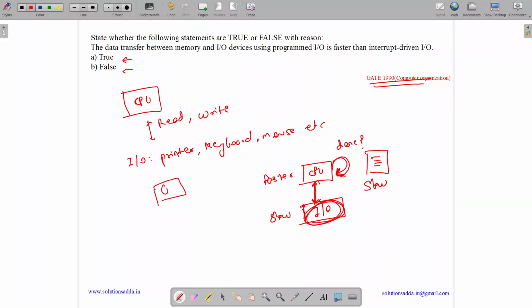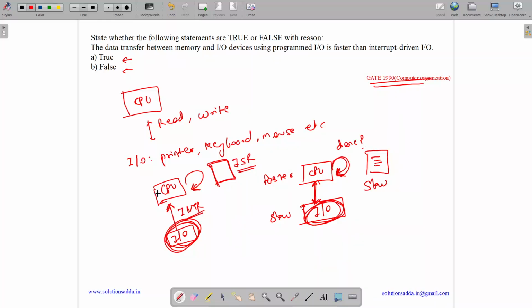And what happens in interrupt driven IO is that an interrupt is basically a hardware signal. Suppose we have an IO device like a keyboard. Whenever we type, we are sending an INTR, which means an interrupt signal, to the CPU. Based on this interrupt signal, the CPU will give commands to the IO device, and we have code written, called the interrupt service routine, which tells what tasks need